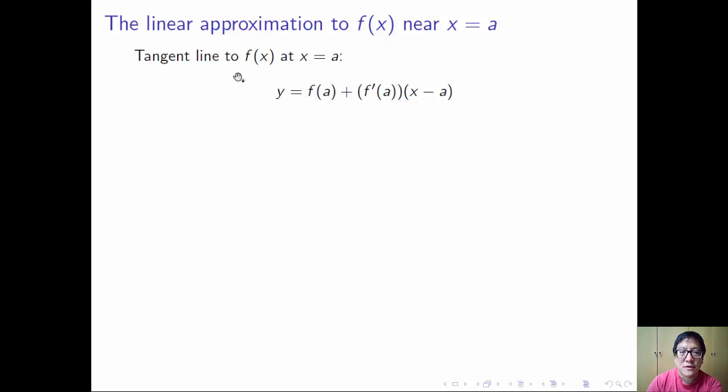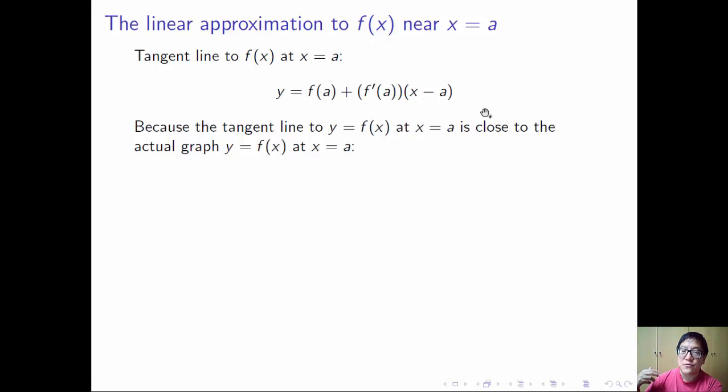All right, so here's a review again. Here's the equation of the tangent line to f of x at x equals a. Because the tangent line to y equals f of x at x equals a is close to the actual graph y equals f of x at x equals a, here's a reminder of what that is. So here in red is the actual graph y equals f of x, and there in blue is the tangent line. As you can see, close to x equals a, at the point at which the tangent line is calculated,